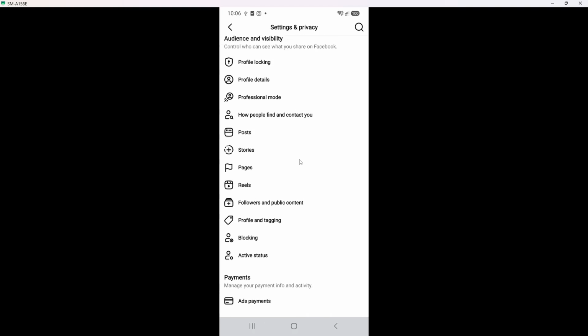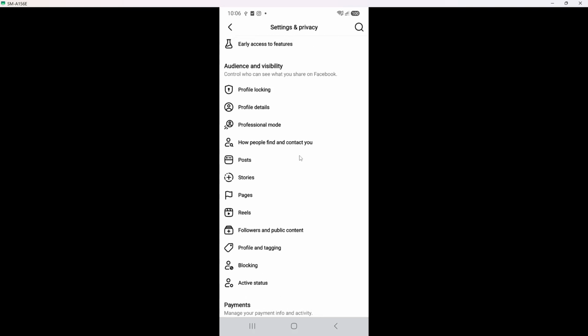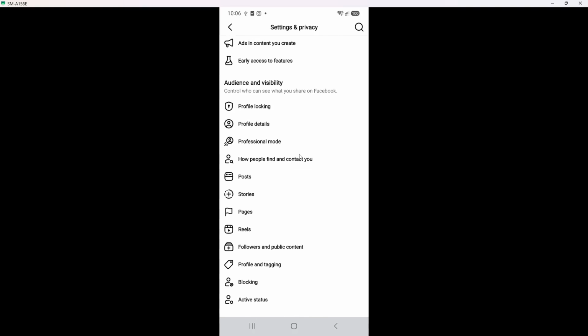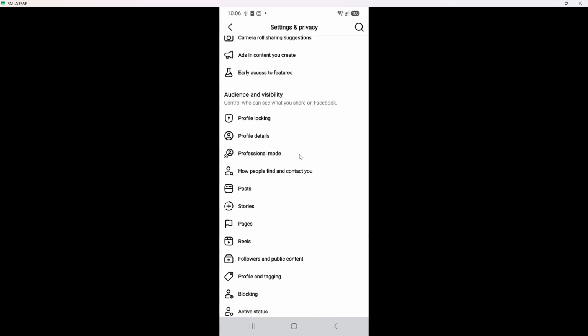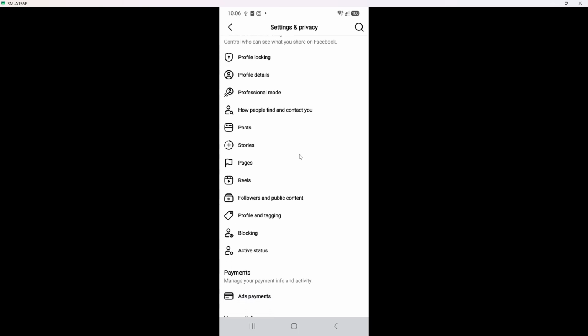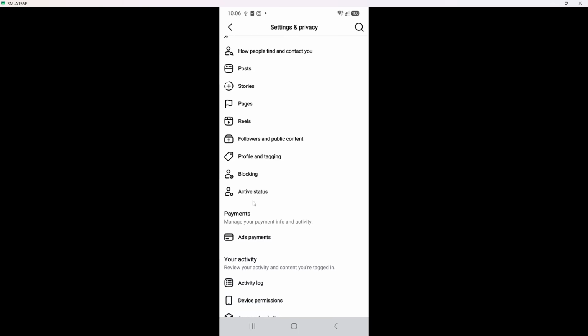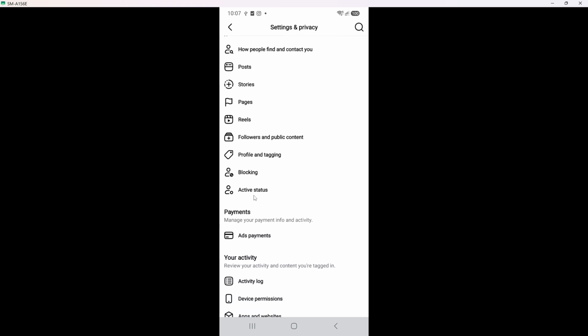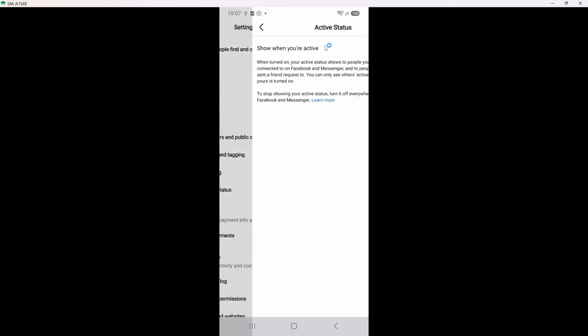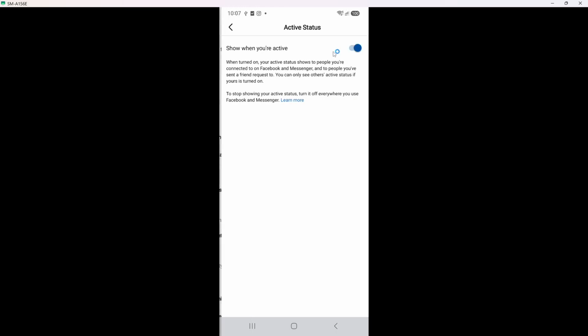Here you should see a single main option with a switch beside it. If the switch is blue or positioned to the right, that means your active status is currently on, and Facebook Dating can use that to show you as recently active. Now turn the switch off. Tap the switch once so it moves to the left and usually turns gray. The screen will briefly update to reflect that change.